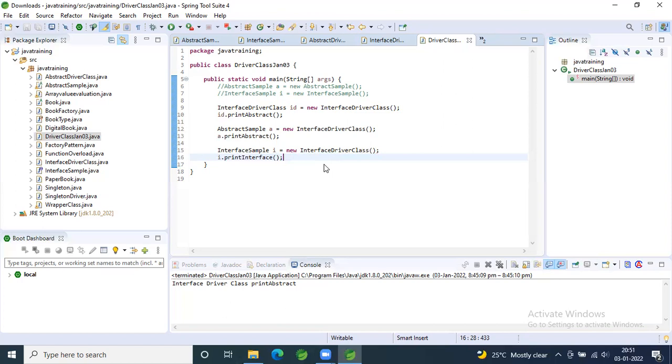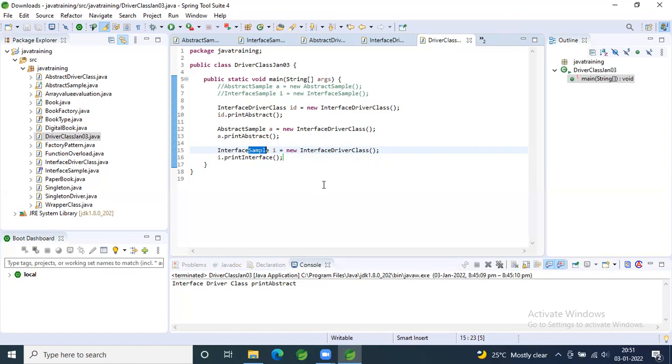Have an abstract class Shape, then have your child class and extend that abstract class, and in your driver class, create an object in line number 12 and see how your methods are invoked. The same way, create an interface Shape and have the child class, either triangle or rectangle, which implements that interface, and that interface will give you the methods. And in a similar way, in line number 15, try to create an object for your interface using a type reference and then call those methods. So this can help you to understand how to invoke the abstract methods and the variables.